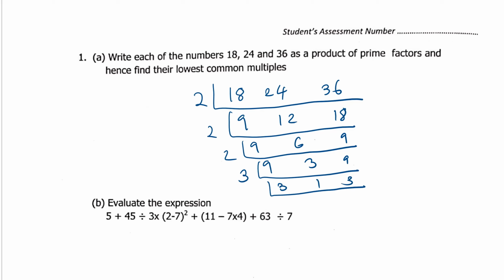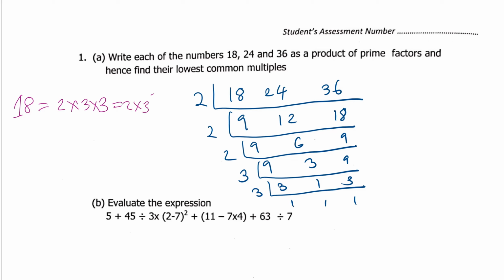And the last one, divided by 3, you get 1, 1, 1. So basically, we can now identify the prime factors of 18: it is 2 times 3 times 3,